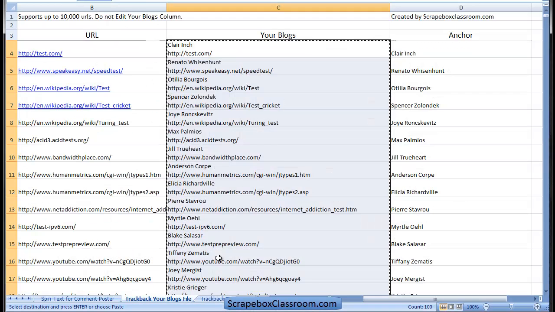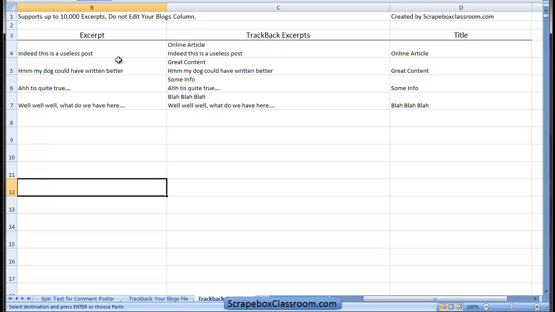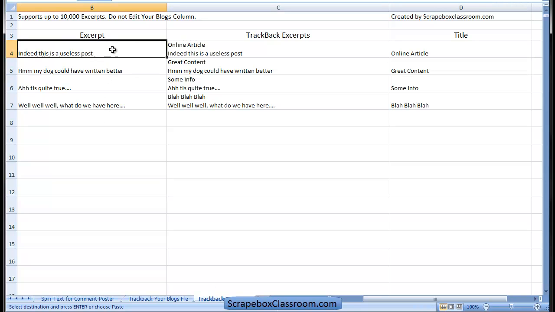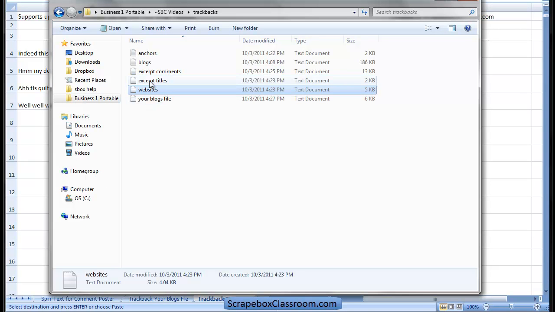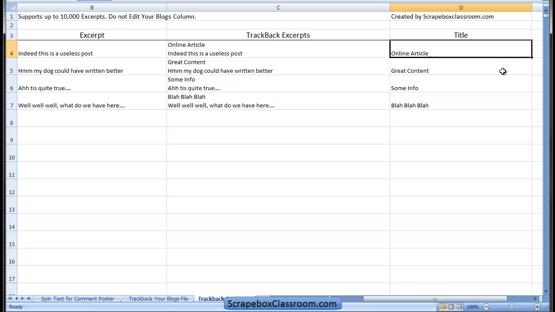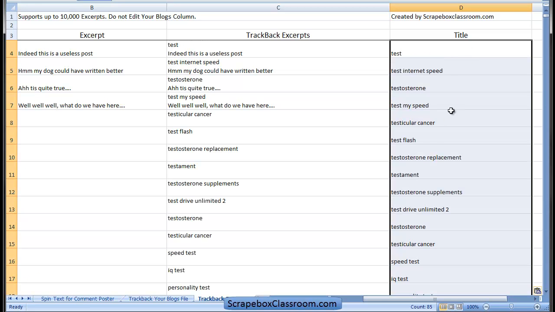Now we're going to do the same thing with the excerpts we have here. For the excerpt, we need a title and then an actual excerpt. An excerpt will be longer, like a comment, and the title is going to be shorter. So I have a list of excerpt titles here. I'm just going to grab these, and these are again just random titles. You would obviously make up something relevant to what you're talking about and paste those in,